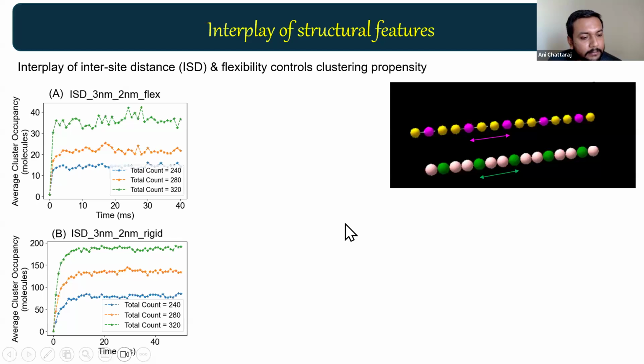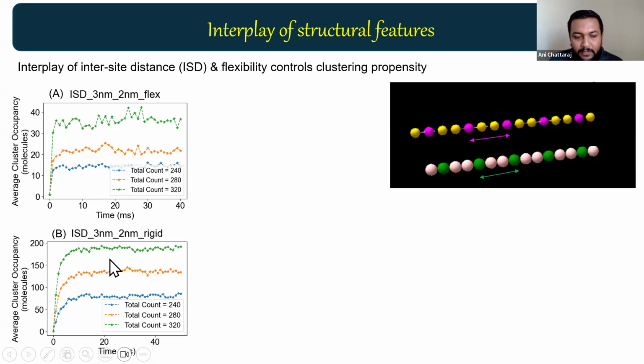This is just another example of what we can learn from using this spatial simulation. On the picture on the right, which shows the structure of individual molecules, we have a parameter called ISD, which stands for inter-site distance. This is the distance between two successive binding sites, and the idea is we can keep this molecule flexible,